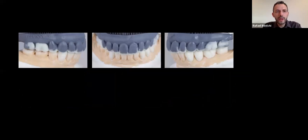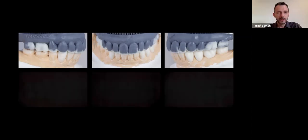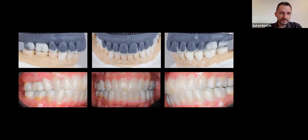And this is when I start getting into the treatment, when there is already not only the 3D printed model of where the teeth should ideally be, but there's also, if you can see, the refinement in wax. So in terms of function, this is where it should be. Definitely it is not where it is now. We can transfer that, and that's what it is. It was transferred into the mouth on a bisacrylic composite provisional